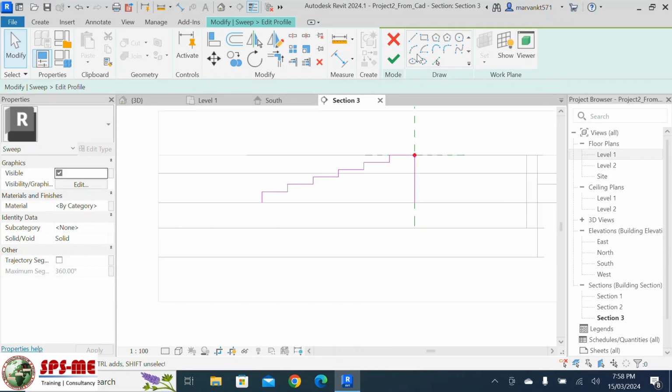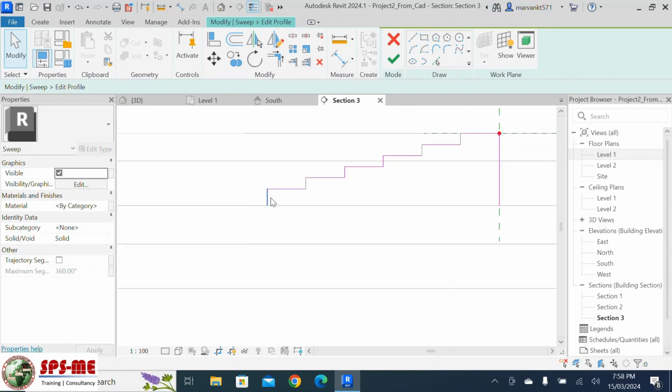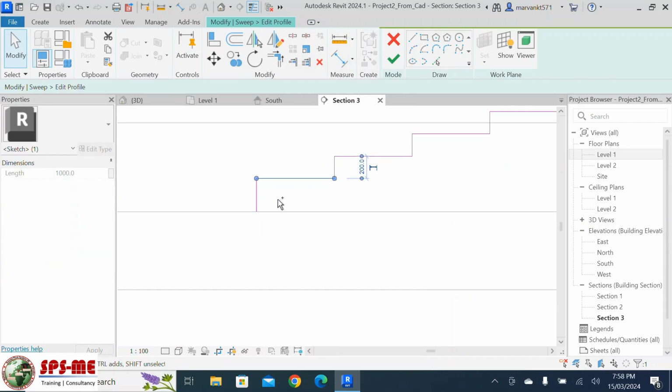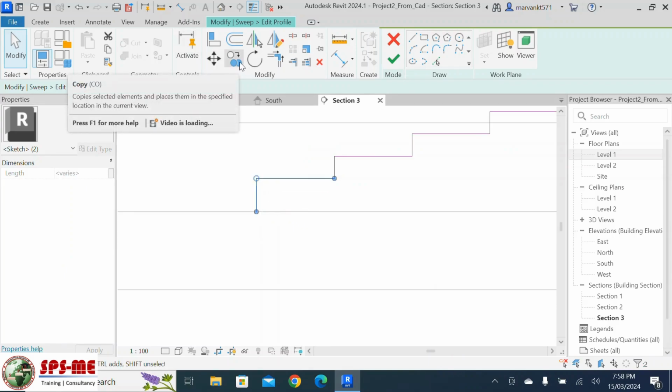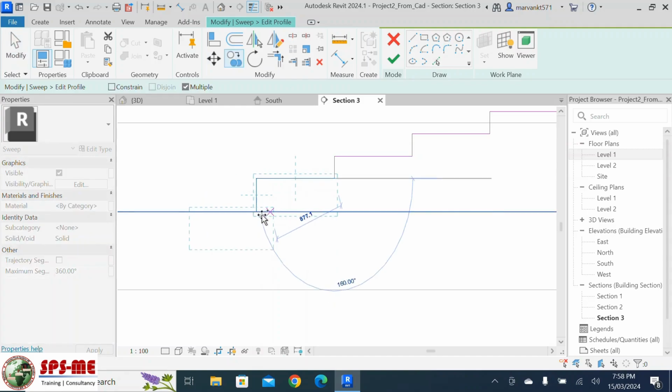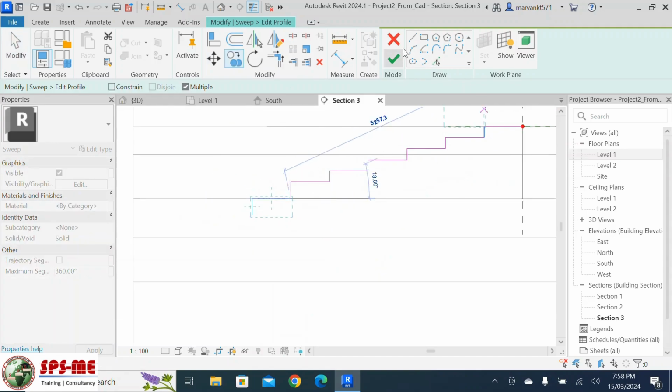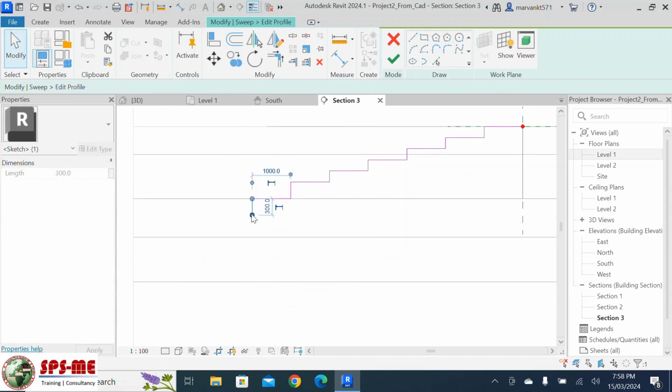Let me just select this and Control this one and take the copy command, and you just click here and drag and finish here. Then let's say here I'm just going to extend up to here. Then